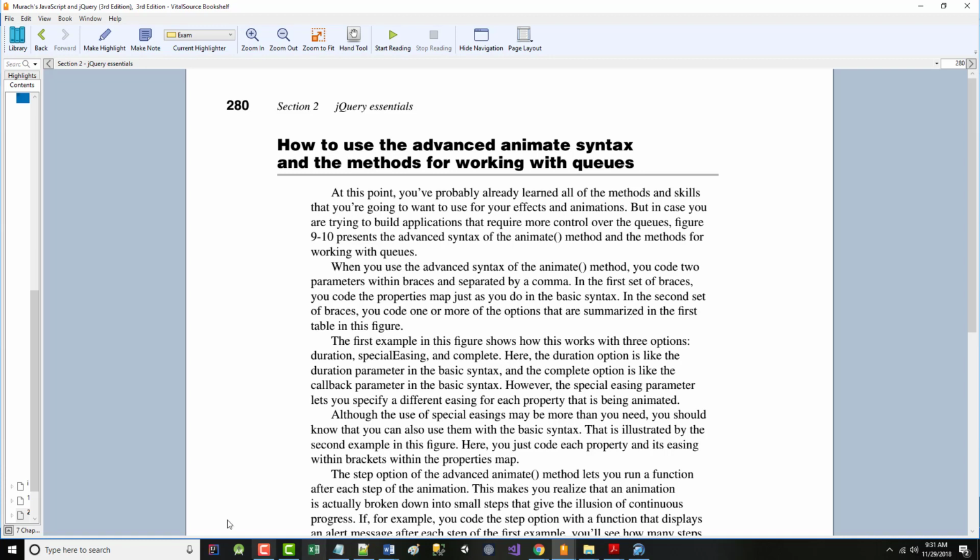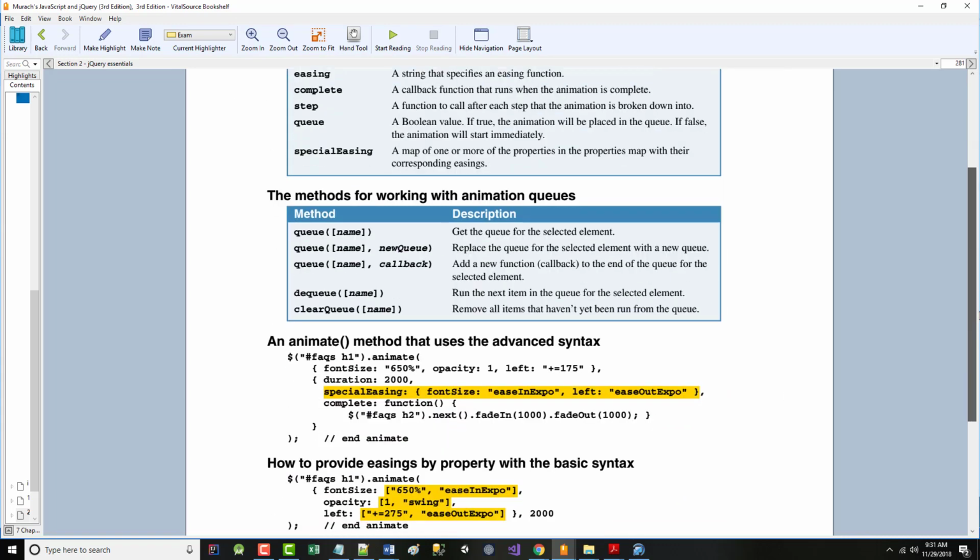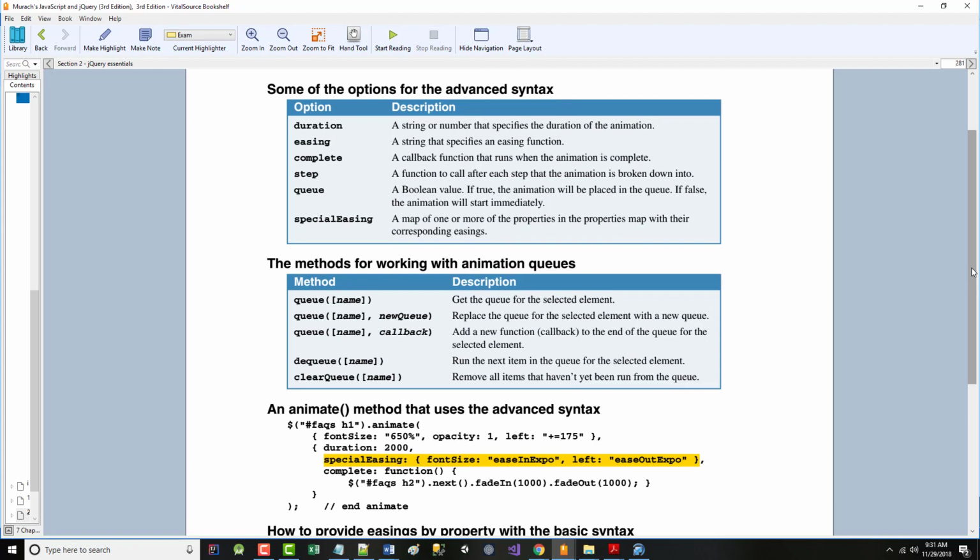So it says figure 9-10 presents the advanced syntax of the animate method and the methods for working with queues. So you have control. If you don't know what a queue is, first of all, you do. But if you think you don't know what a queue is, the best example is, imagine it's the first day of class. And somebody here, they don't do it like that at this campus, and they don't do it at most campuses anymore. But let's suppose there was a